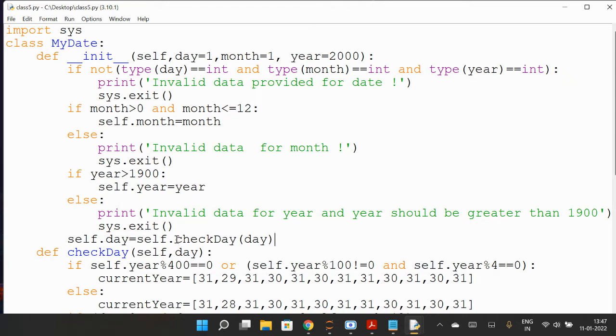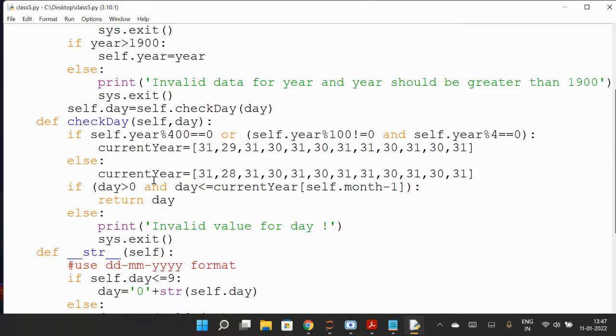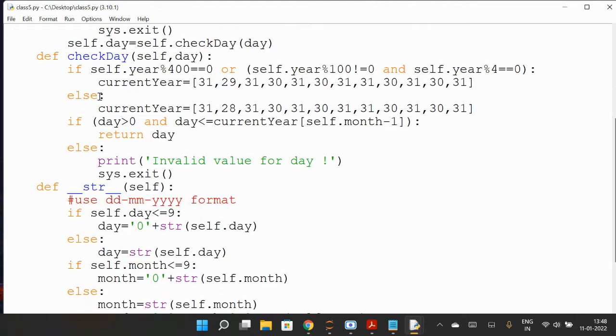This function is defined here below. It is check_day, and the parameter is self, day. So this is the object and this is the variable. What we are checking is how many days in a month we have.